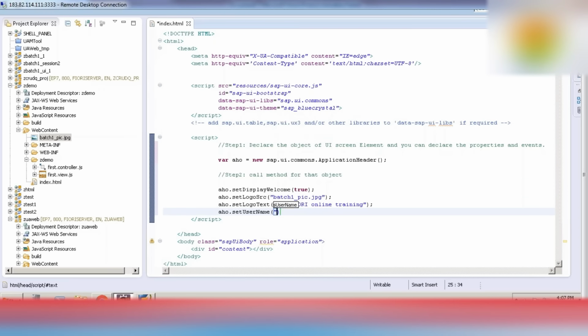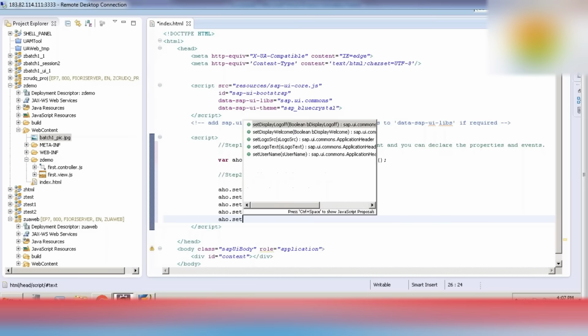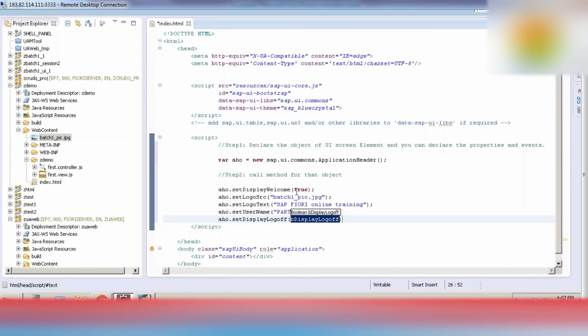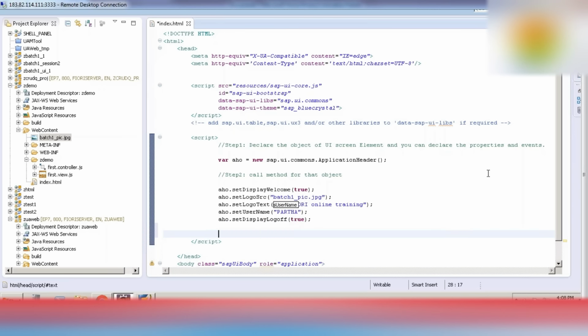I'm using the username as static, my name only. Application header object set log off. Here also you can see it is saying to use some boolean value, so let me just use true here. This is the step that we have done as part of step 2: call some different methods by passing values.